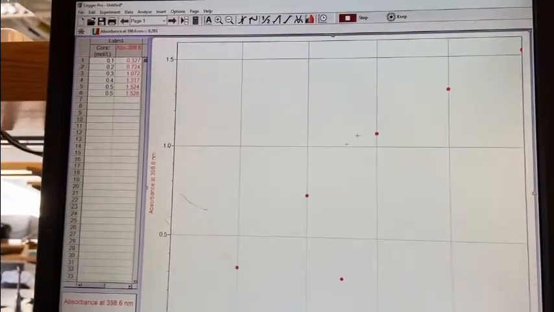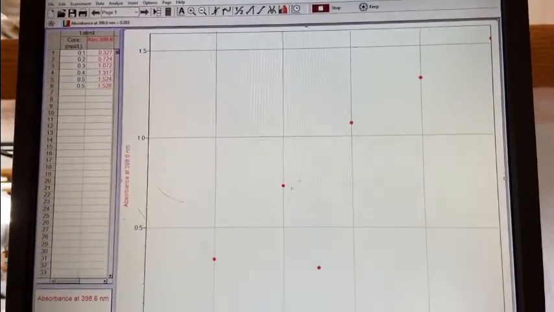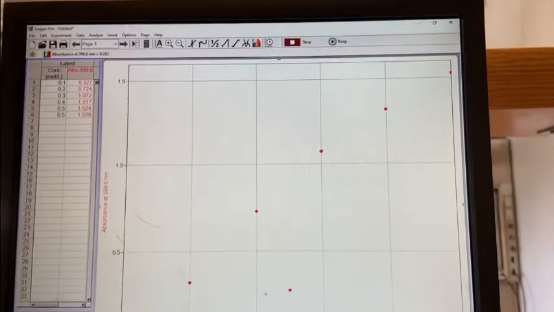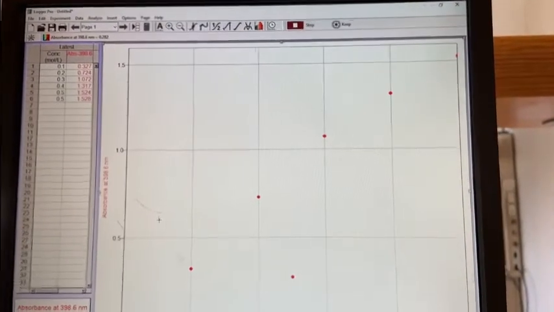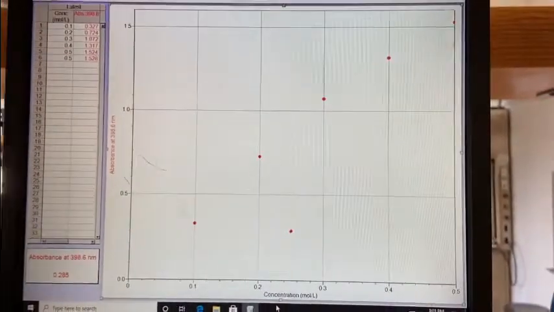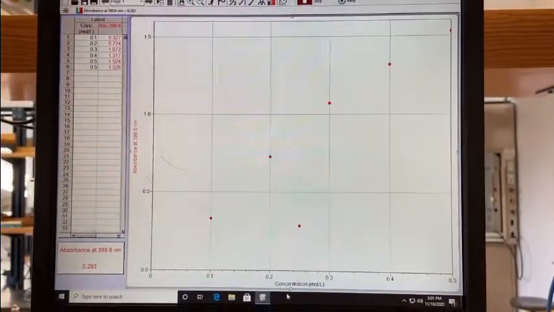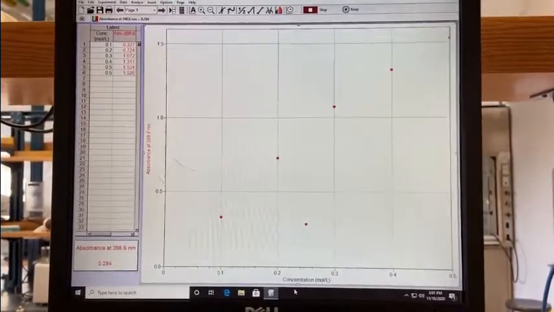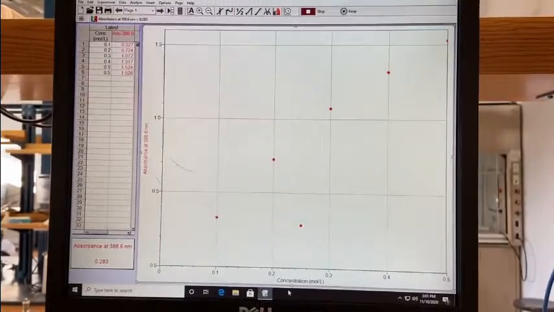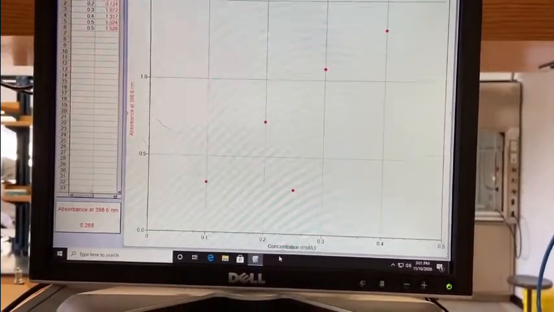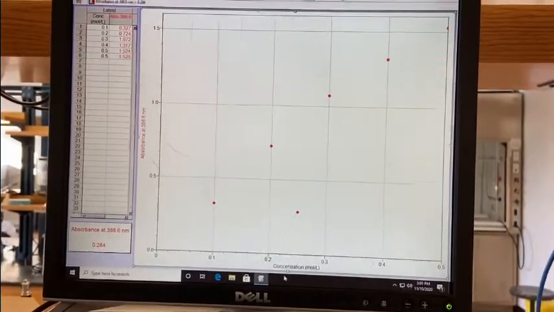How? First you will make a standard curve by using these 5 data points, and then put in the y value, and you will get the x concentration. You have done it in the first lab, if you can remember. So we have done this part, and now we are going to find the concentration of the ammonia by finding the concentration of the excess acid, excess HCl, right?